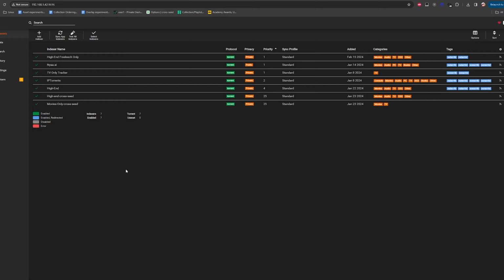Add and remove only, I don't recommend because you're getting into kind of a habit where you're going to create too much customization per app. Not that that's a bad thing, but depending on your trackers, you might start to lose track. So I like to keep it all centralized, with Prowlarr managing most of those sort of tweaks, if you will. So I don't do add or remove only, meaning it only syncs once.